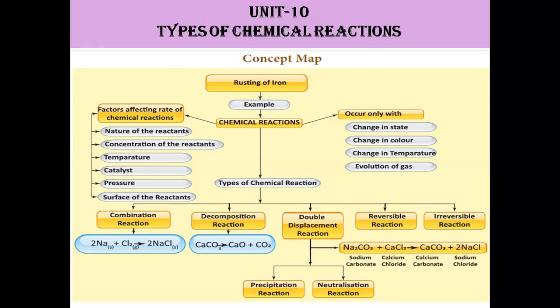So, chemical reactions. What is meant by chemical reactions? Chemical reactions occur with a change in state, change in color, change in temperature, or evolution of gas. That means, for example, we take chili powder and mix it with water. So, it forms a